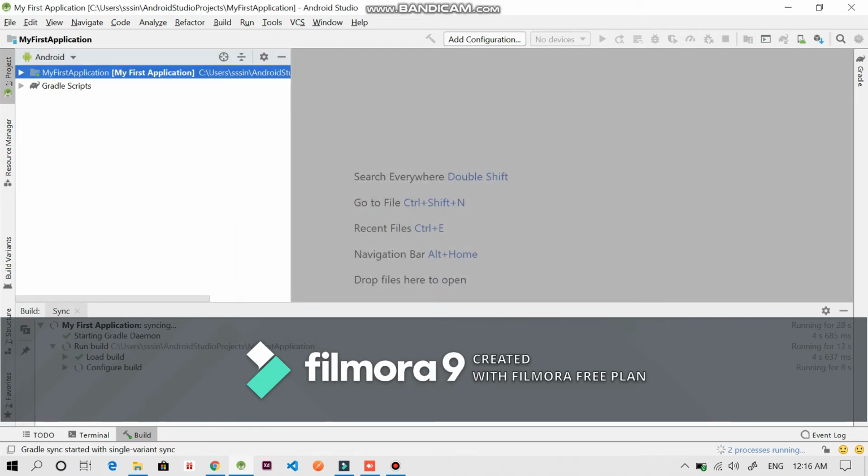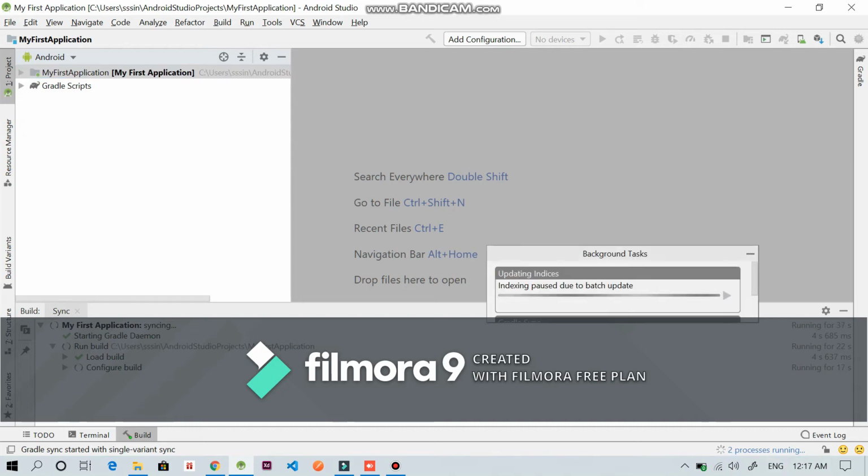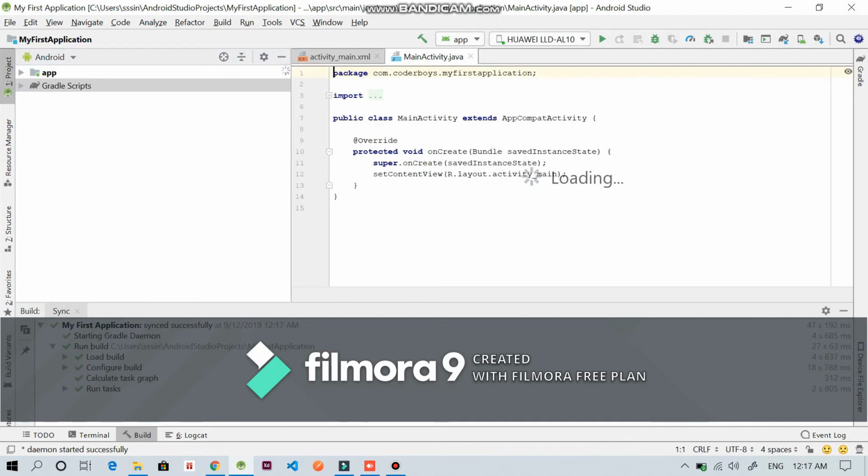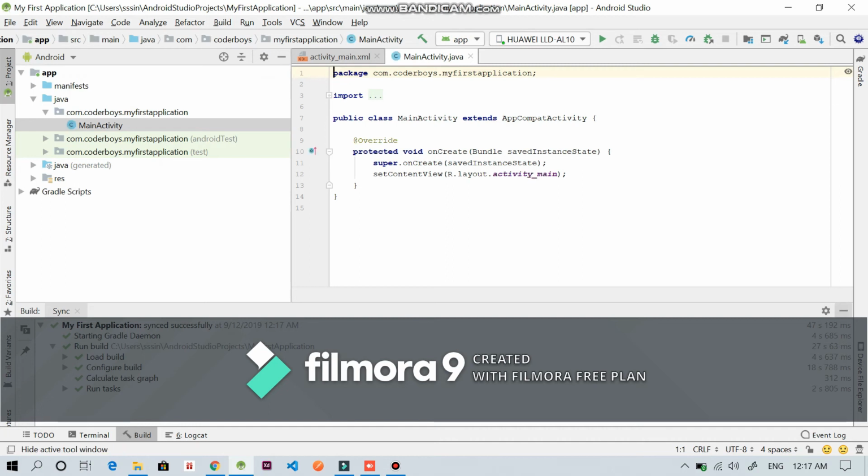Okay guys, now our project is syncing. Basically it is downloading data from the server. If you want to see, I can show you. See, currently because my data is already downloaded, it is not downloading; it just indexes the files. All of the files that I have in my system, it indexes and keeps them. Okay guys, now our main activity is here,